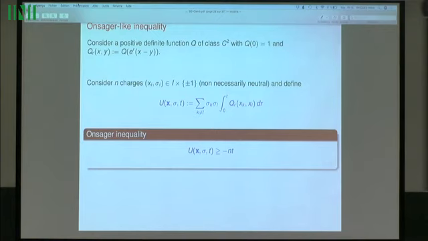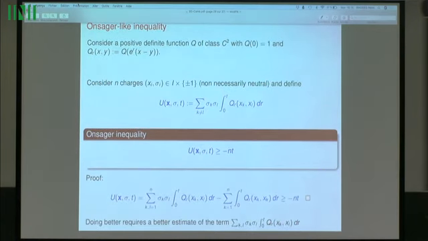Well, you don't necessarily assume that this configuration of charge is neutral, and you define this sum here, the sum of all the product of charges times the kernel. Well, Onsager inequality in this context tells you that this quantity u here, this energy, is bounded from below by minus nt. Okay, and the proof is